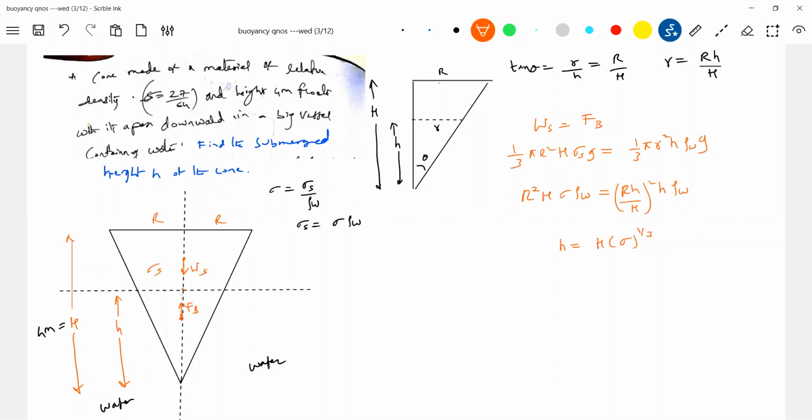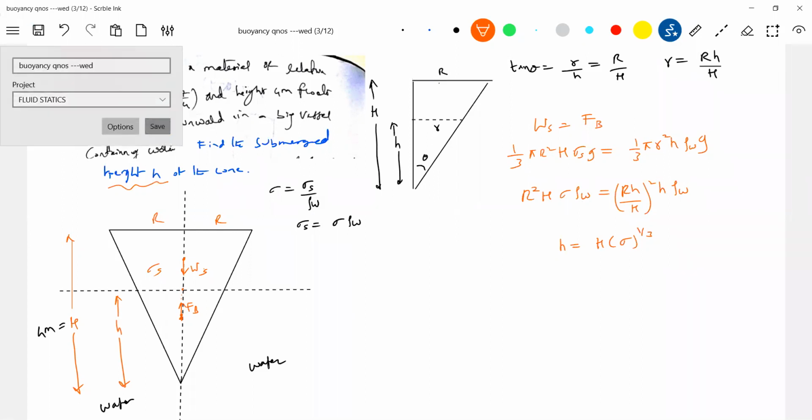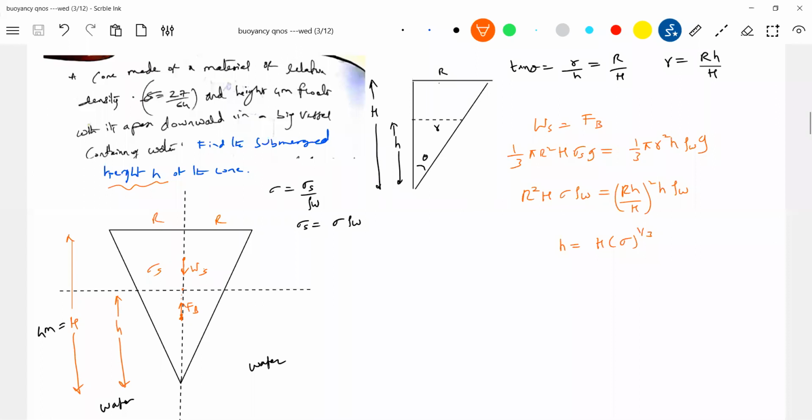Am I right? The volume immersed, submerged, right? Find the submerged height of the cone is what is asking for small h. It is equal to this much here. And different shaped objects will come, so we should know how to find out the height immersed. It's a cone that I took here. Shall I scroll down? At equilibrium, we are writing the weight will be balanced by the buoyant force. Okay, now let's go for